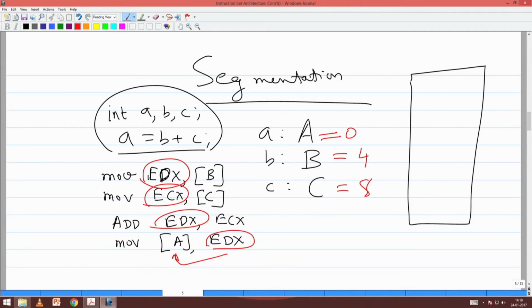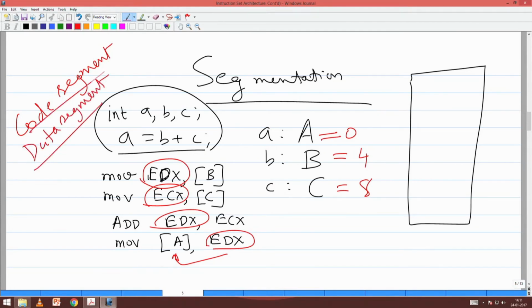So when I write a program, there are two segments. One is your code segment which carries all your instructions. There is a data segment which carries all your data. Now the compiler assumes that your data segment starts at 0, means it starts at logical 0. So the logical address of your data segment at the time of compilation